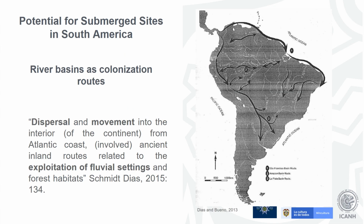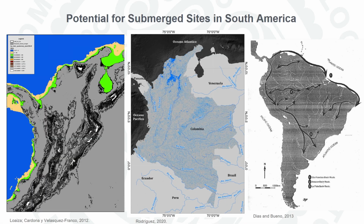One of the ideas that has been put out there is that the dispersal movement of people in South America was very dependent on the river basins. And here, not only rivers, but I want to also mention lakes. But as we can see, Colombia in particular has a very wide network of rivers and lakes. So we have to assume they had to be used somehow, either by walking along the shores of the rivers